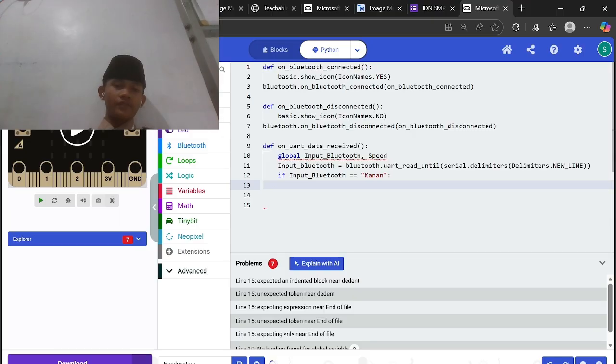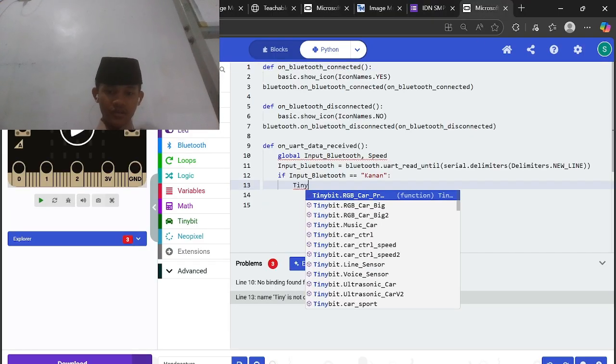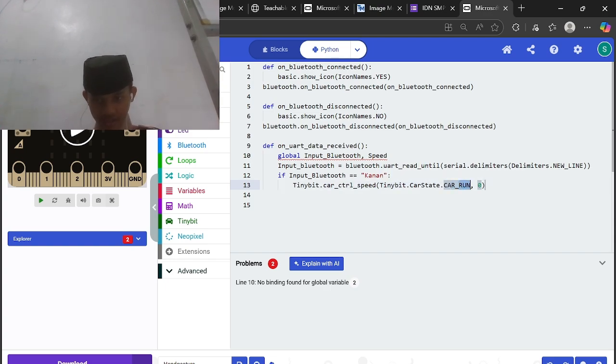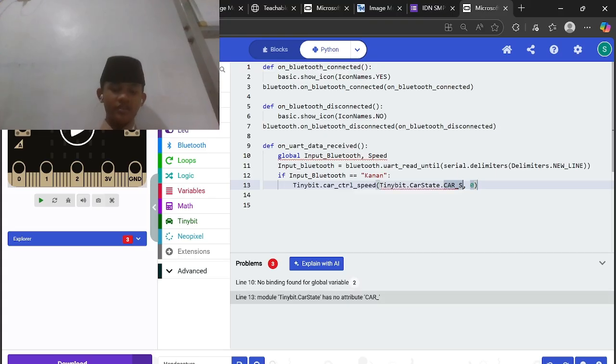You use Tinybit car CCR speed like this. Because this is going right, you change this run to spin right.